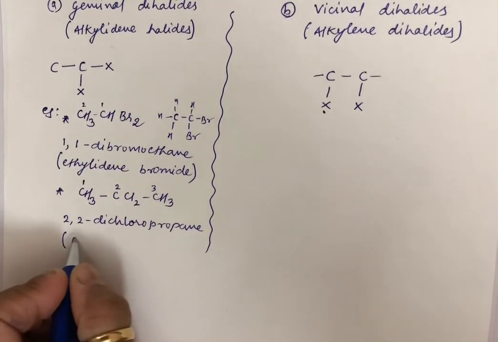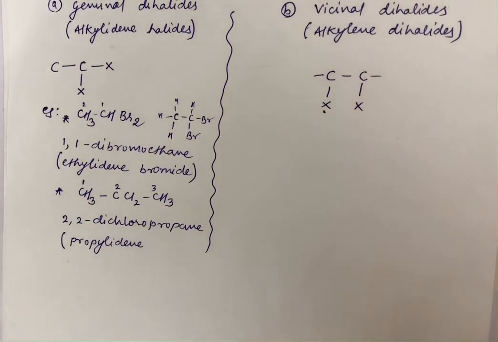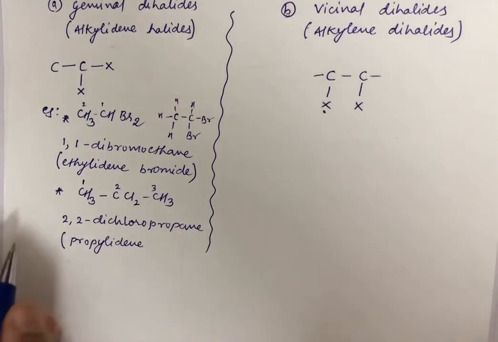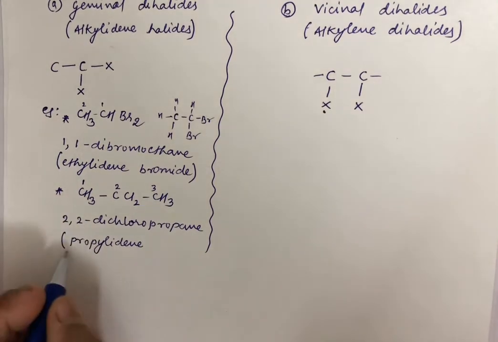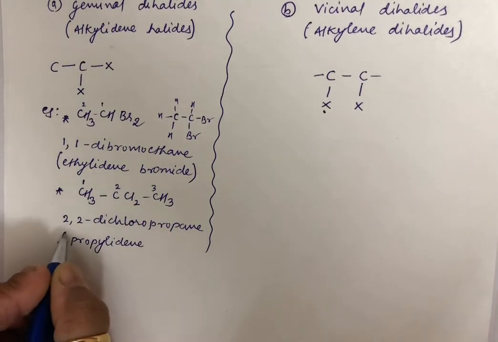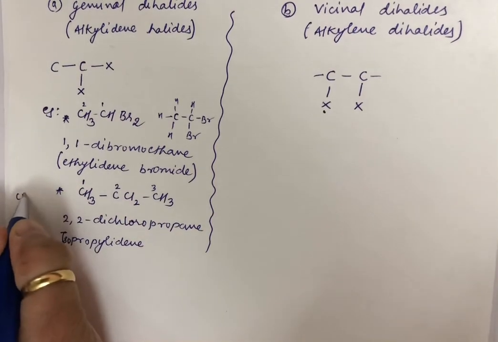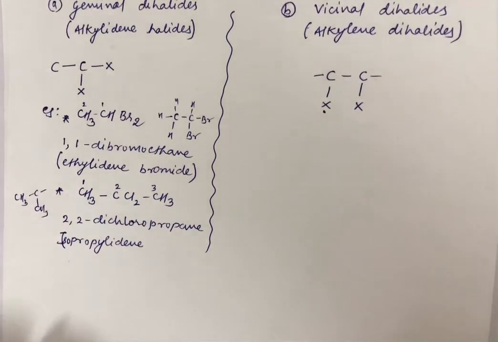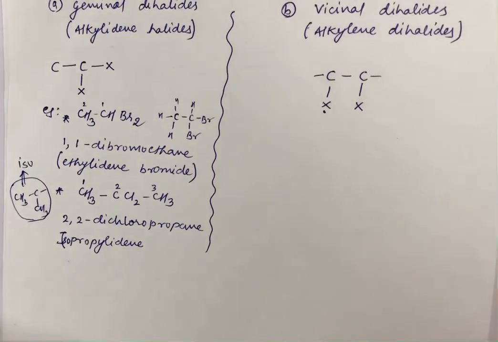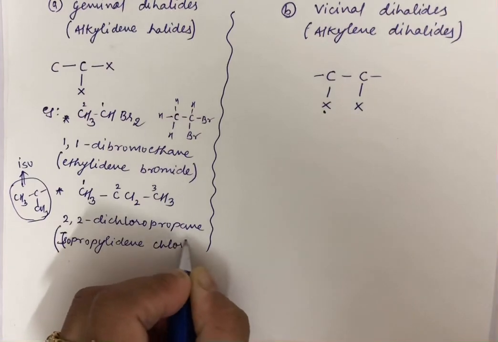Now how do you name it in its common way? 3 carbons are there, so you name it as propylidene chloride. Just a minute. You can see that this CH3 is attached to this, so let me name this as isopropylidene instead of propylidene. After this I will give an example of propylidene also. It is iso because this is CH3, C and CH3. This is an iso group, students. This is isopropyl. So the name for this is isopropylidene chloride. This you need to remember.